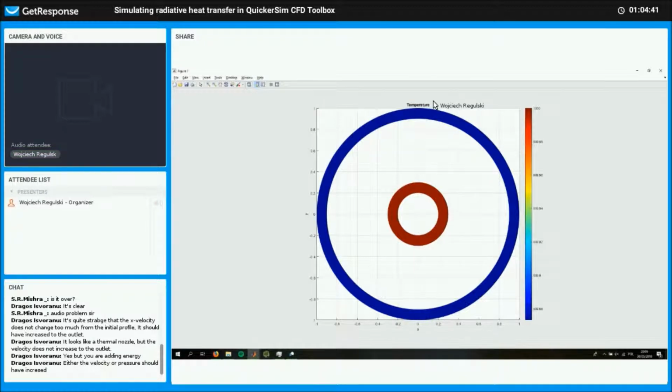It was a heat exchanger. I don't want to get into the details to bore you, but it was a real life application. It was a very realistic case that the company is actually building, and a part of the heat exchanger was in the area of 1200 or 1300 Kelvin, and the colder part